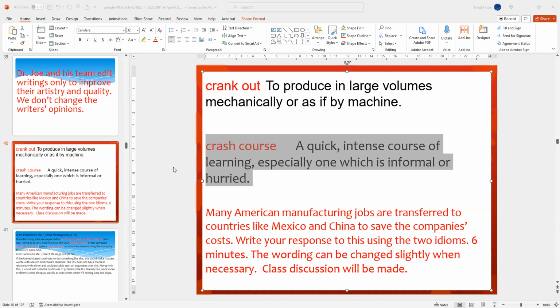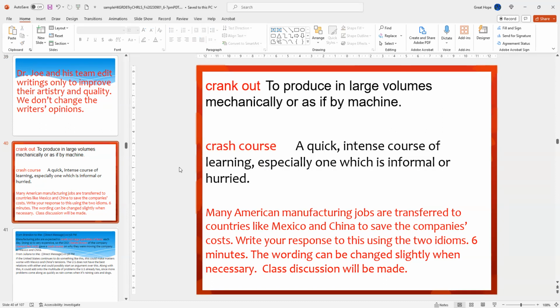Alistair, have you ever used crash course or probably know that before? Yeah. Can you read the definition? Crash course: a quick, intense course of learning, especially one which is informal or hurried. All right, thank you. So crash course normally is like, if you're watching a YouTube video or you go to, let's say, a training class